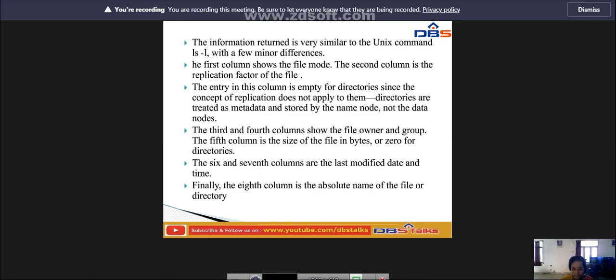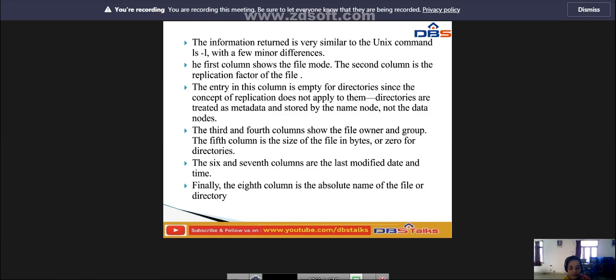The information written is very similar to the Unix command ls, with a few minor differences. The first column shows the file mode, the second column is the replication factor of the file, something the traditional Unix file system does not have.